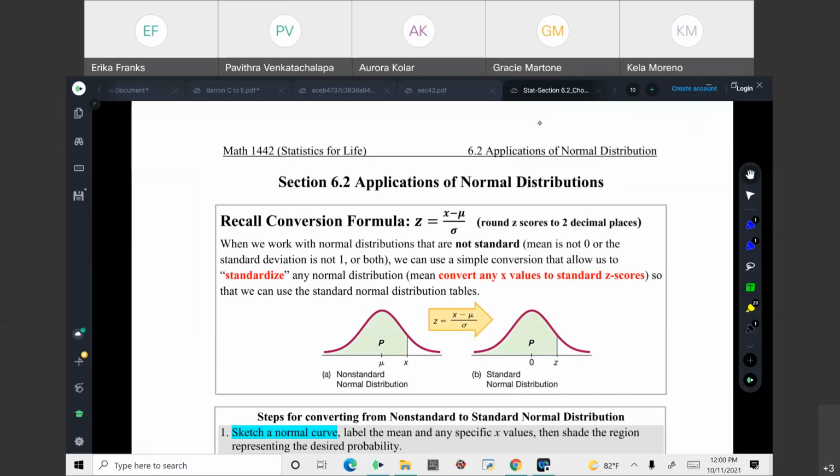Okay, so before I start this section 6.2, do you still have questions on how to find the z-score and the area? Anyone from the WebEx? Do you still have questions? Or do you know how to do that? Okay, so then,